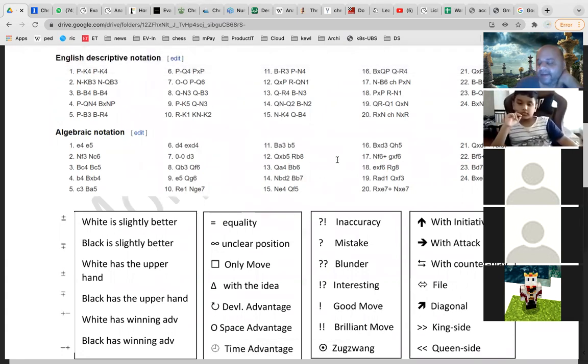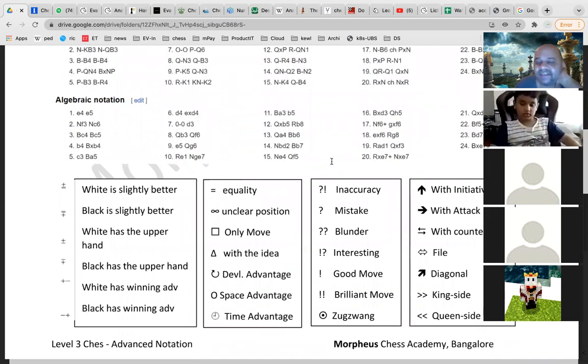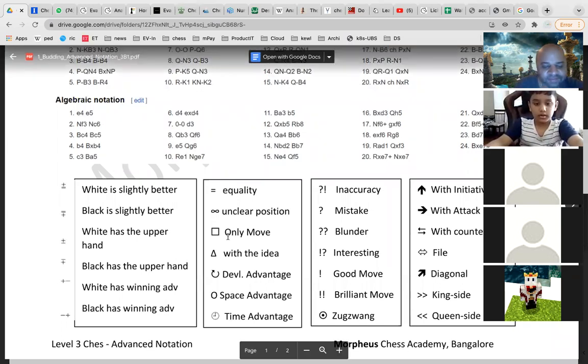Now I'm going to tell you about chess notation. Earlier we covered algebraic notation, but there are some more symbols that we need to learn. As you learn more, you have to read books, and there are more and more intricate analyses. Sometimes someone will be analyzing a game and it will come to some 10 pages of analysis.